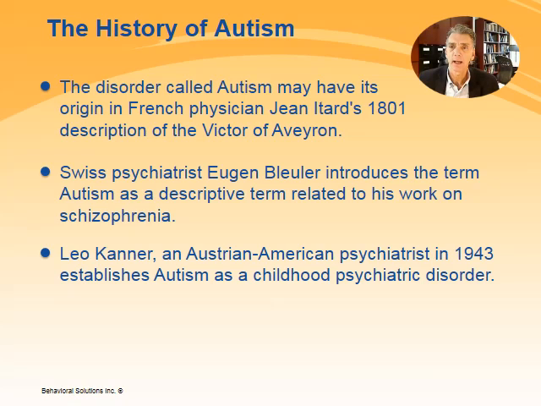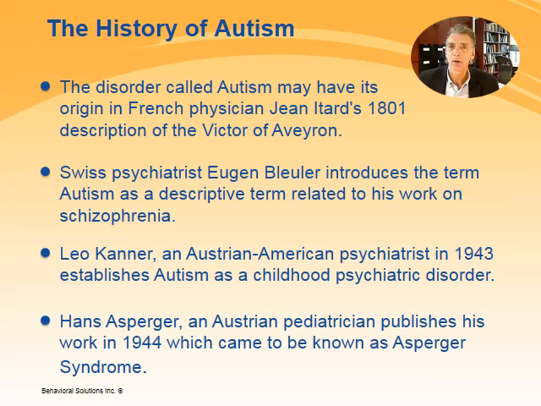Shortly following Kanner's publication, Hans Asperger also published his work identifying a very similar set of symptoms in his work with children in Austria. While there has been much discussion regarding the similarities and differences between Kanner's and Asperger's original descriptions, current research indicates that it is not possible to truly tell them apart. This has led to the current DSM-5 diagnosis of autism spectrum disorder, which also incorporates what used to be called Asperger syndrome.